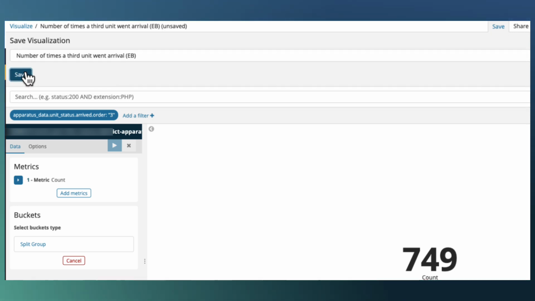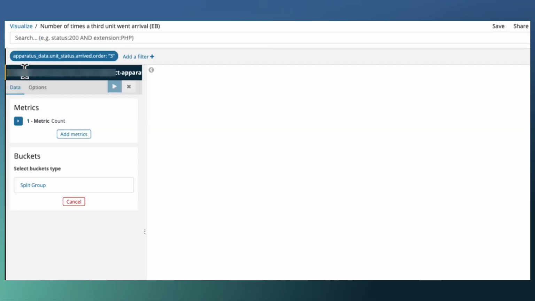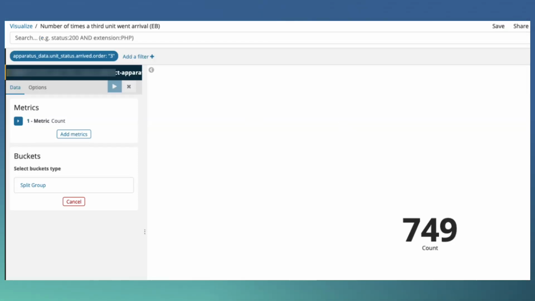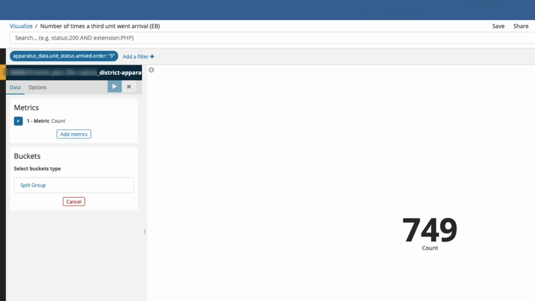third unit went arrival. Okay, remember I always put my initials here just to save it so I can find it quickly. And lastly, I can add this to my dashboard and keep those